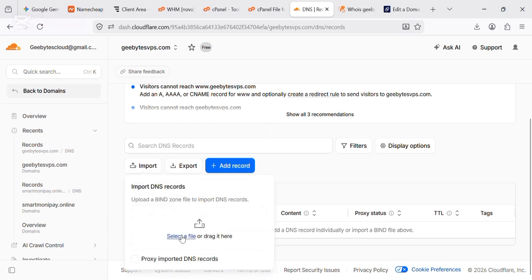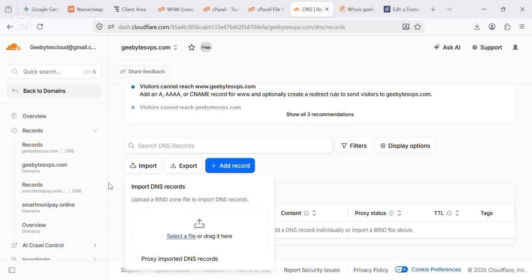Select the import. We want to import. Alright, sorry. We are not in the right place. Just downloaded this, right? It's supposed to be in downloads now. Okay, GByte VPS.